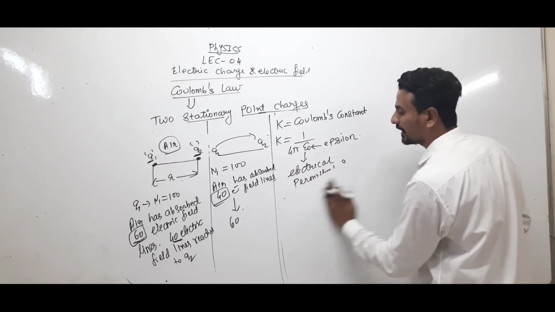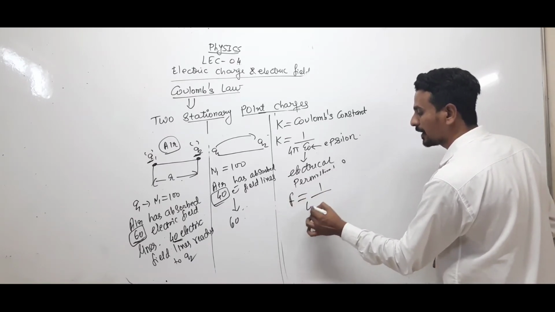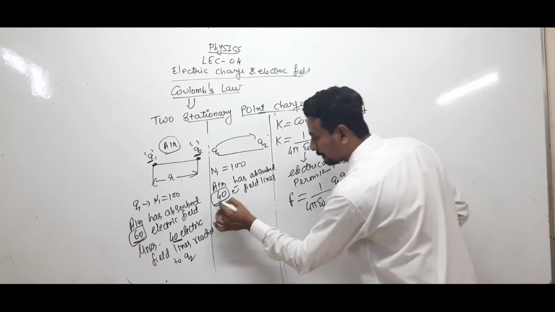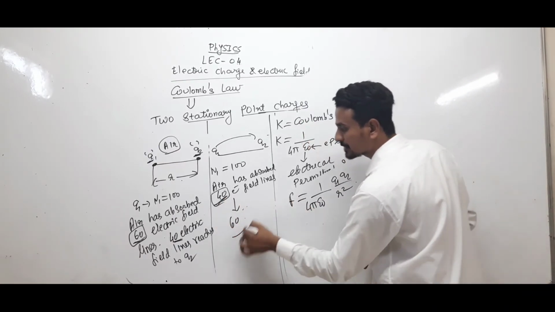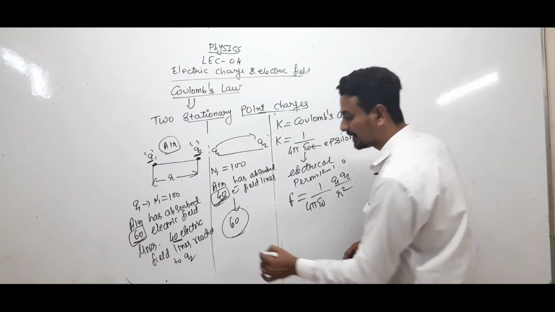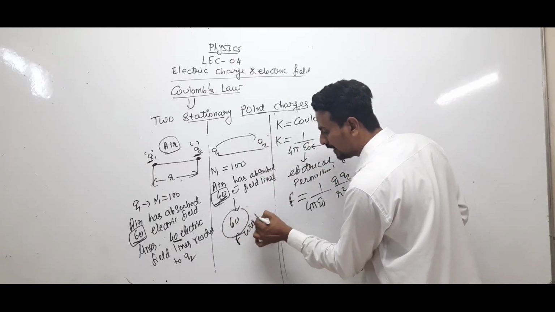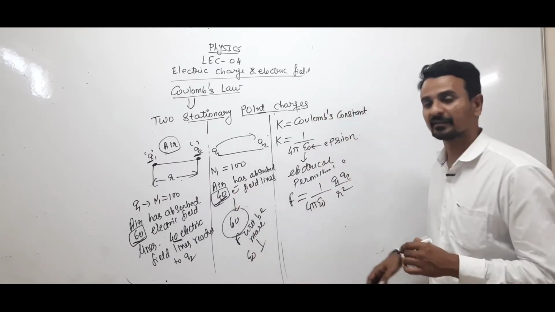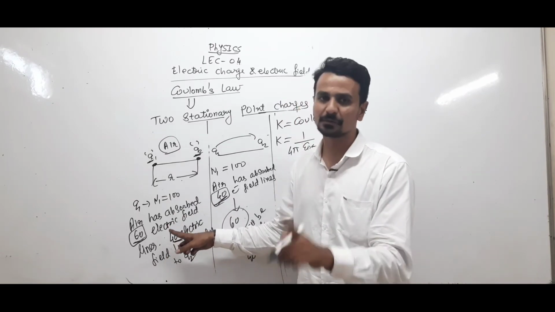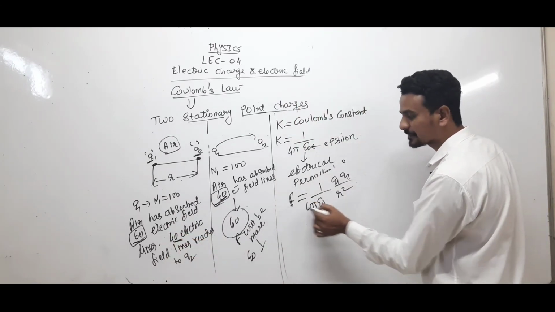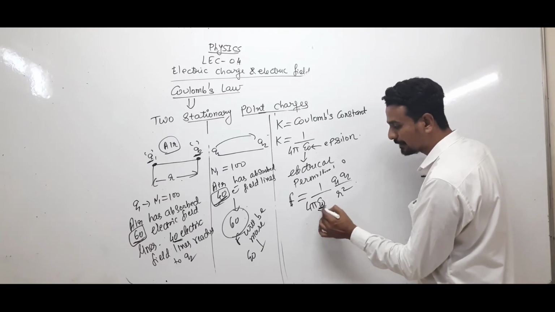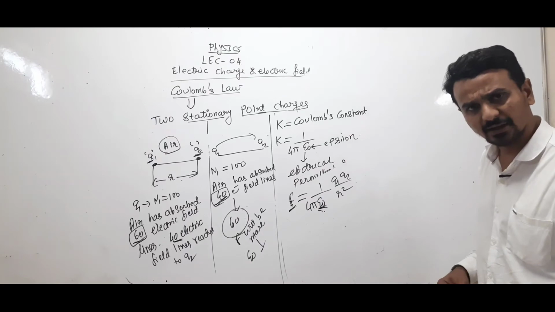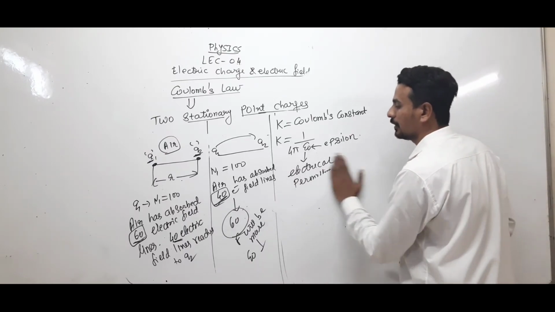So this also satisfies the formula F equals 1 upon 4 pi epsilon naught Q1 Q2 by R square. See, permittivity 40, force will be due to 60 field lines. So in this case force will be more, but in this case permittivity is less, and in this case permittivity is more but force will be less. See, it satisfies the equation: less the permittivity, more the force. Clear? More the permittivity, less the force. Clear? Okay.